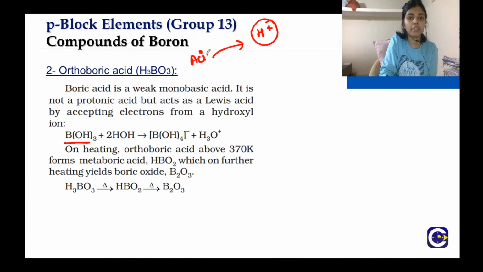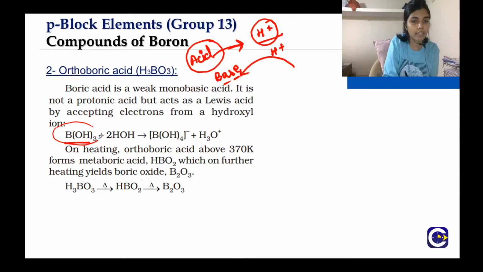Acid. And someone which accepts H plus is known as what? Base, right? So to be acidic in nature, one must release H plus ions. Here boric acid on reaction with water, you are having H plus and OH minus ions in water. What happens is that this B(OH)3, because this is having